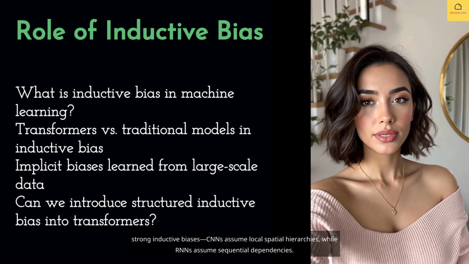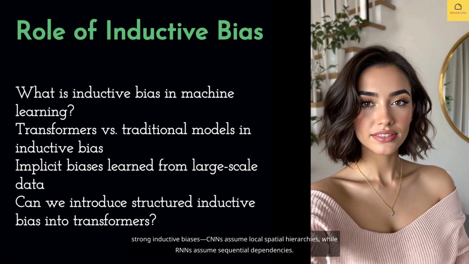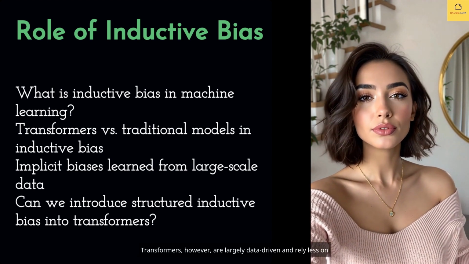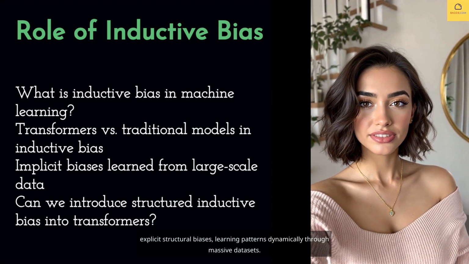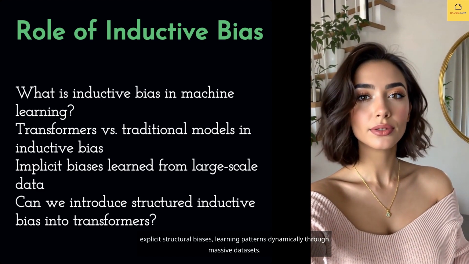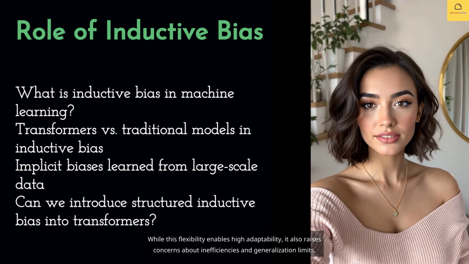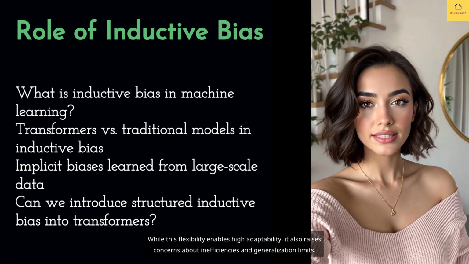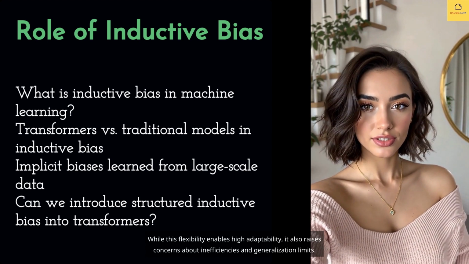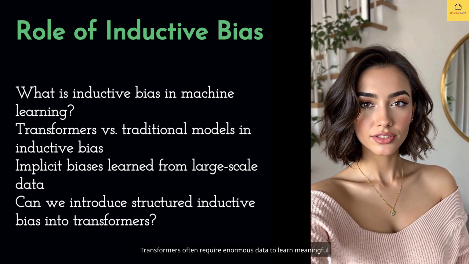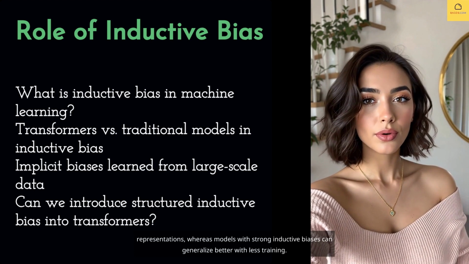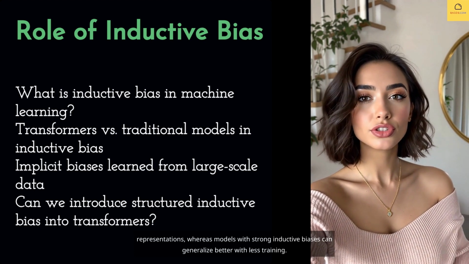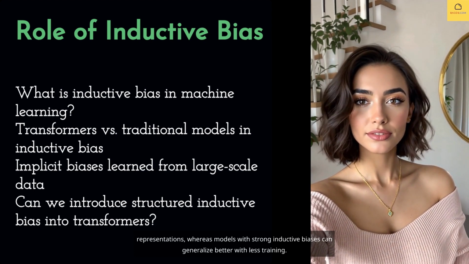CNNs assume local spatial hierarchies, while RNNs assume sequential dependencies. Transformers, however, are largely data-driven and rely less on explicit structural biases, learning patterns dynamically through massive datasets. While this flexibility enables high adaptability, it also raises concerns about inefficiencies and generalization limits. Transformers often require enormous data to learn meaningful representations, whereas models with strong inductive biases can generalize better with less